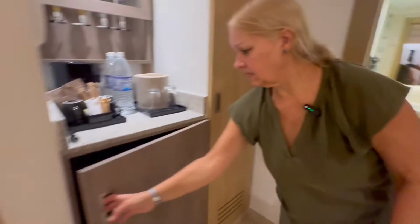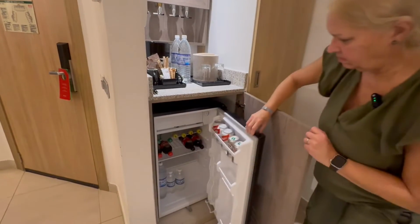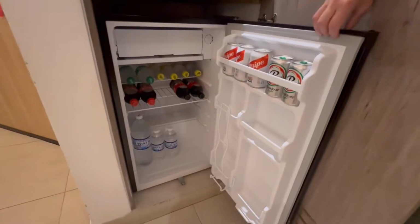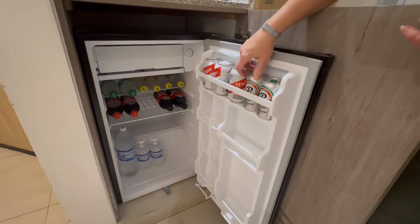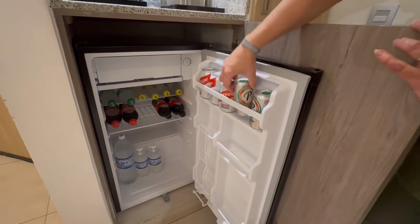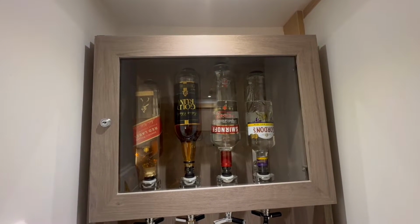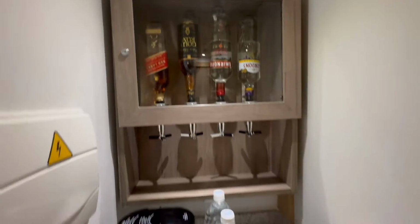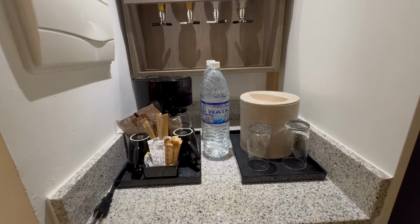And on this side, we've got our mini fridge, nicely stocked, some water and soda, Red Stripe, Jamaican beer, Presidente. In the room, they have a selection of whiskey, rum, vodka, and gin, plenty of water, and a coffee setup, and an ice bucket,